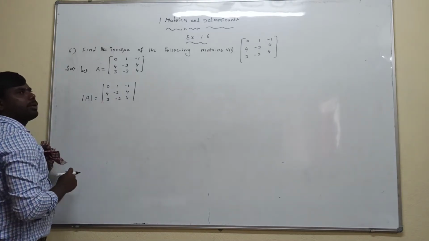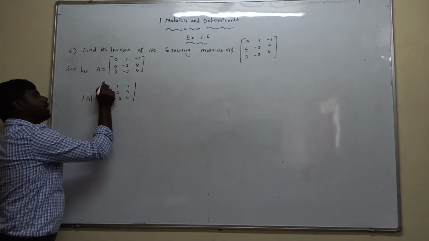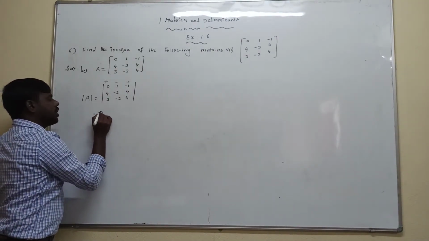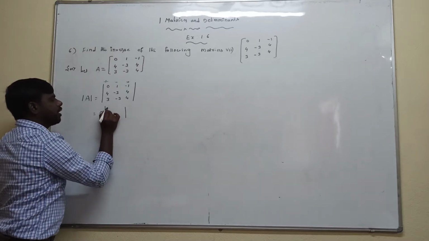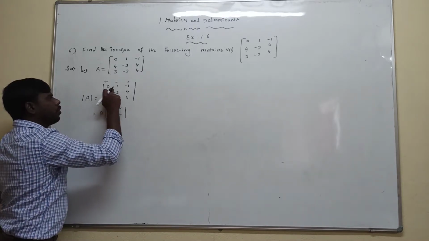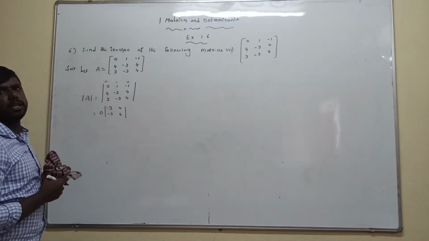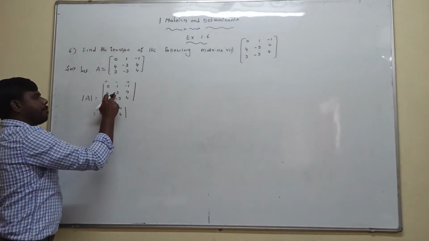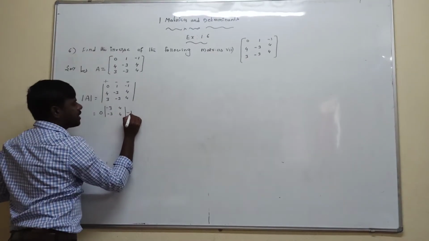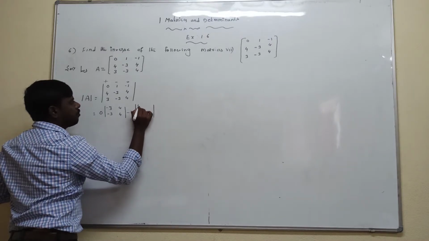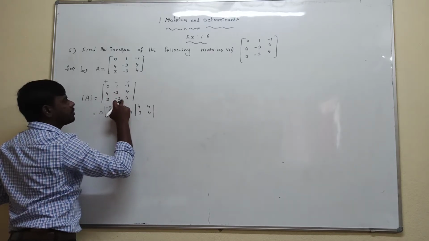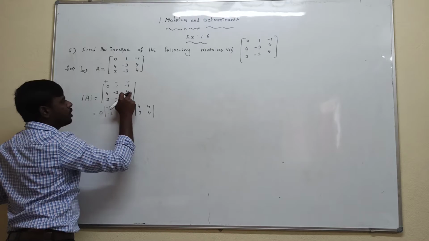Now, for the determinant of a 3 by 3 matrix, at the top we have to consider the symbols plus, negative, plus. Now plus 0 we are taking. The determinant of the rest of the elements is minus 3, 4, minus 3, 4, because the zero's row and column are deleted. Next, the second symbol is minus, element is 1. The rest of the elements are 4, 4, 3, 4, because the first row and second column are eliminated.